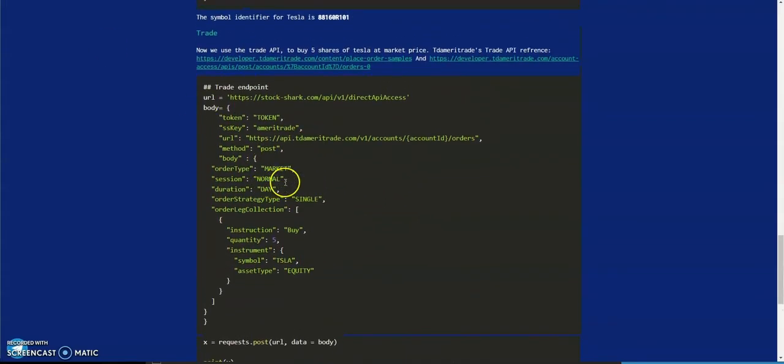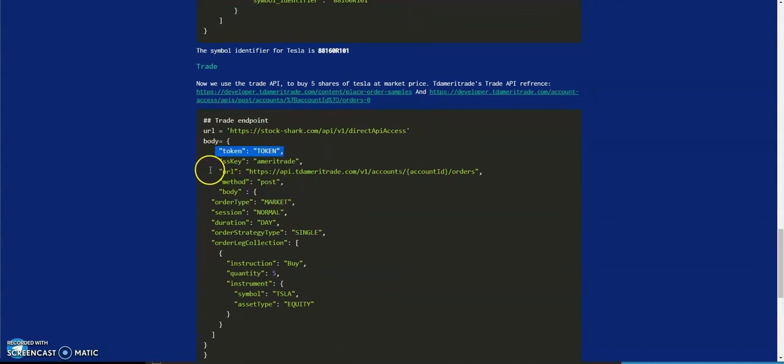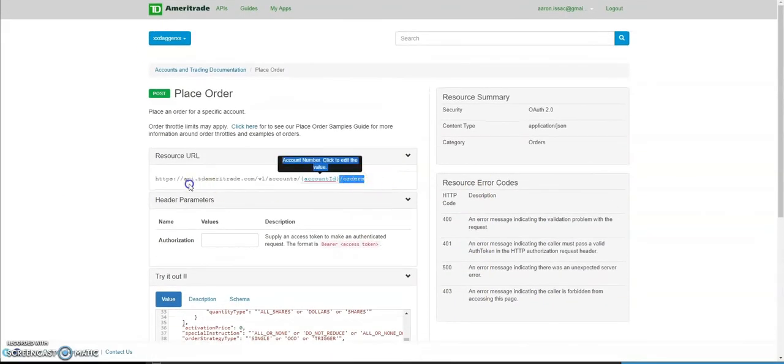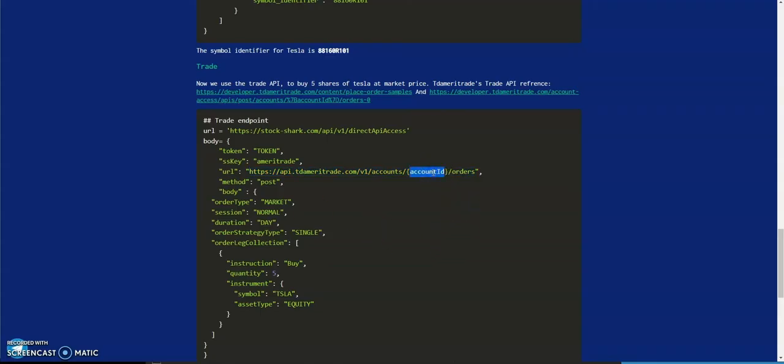So what you would specify is the token, the SS key, which is Ameritrade. So token is a StockShark token. You get it from your API page when you sign up. URL. So this is the order API, which is this one actually. So this is the orders API to place an order. Okay, we have to replace this with your account ID, your TD Ameritrade account ID, and then